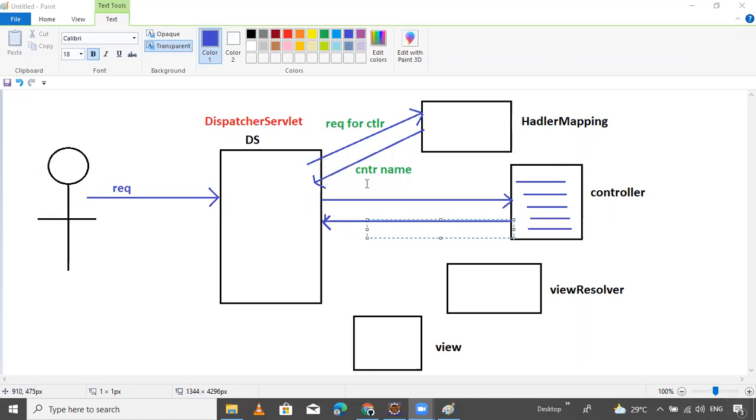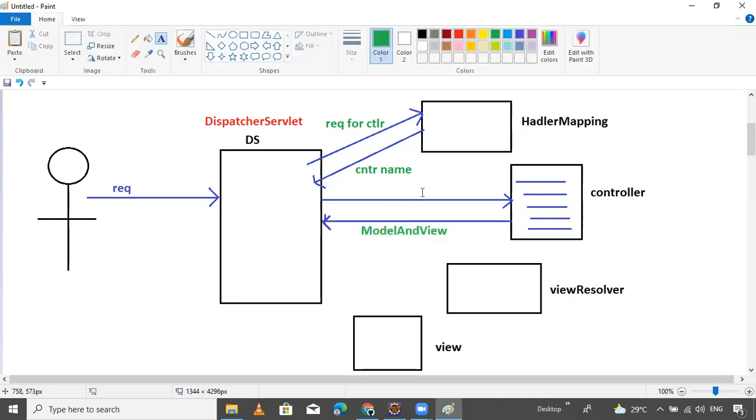Okay, guys, it returns the model and view object. After executing the business logic inside the controller classes, it returns the model and view object.